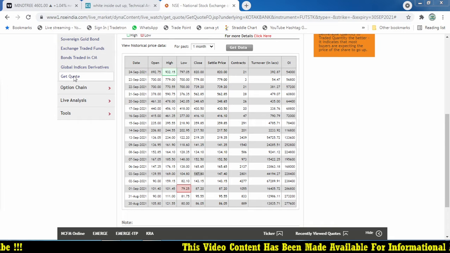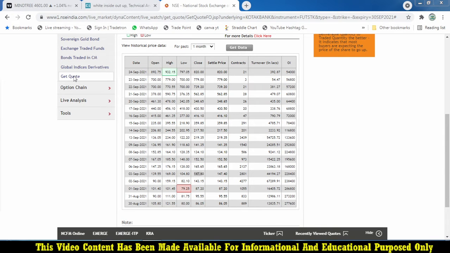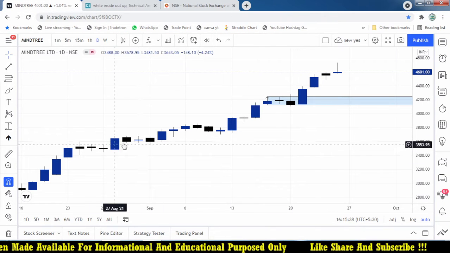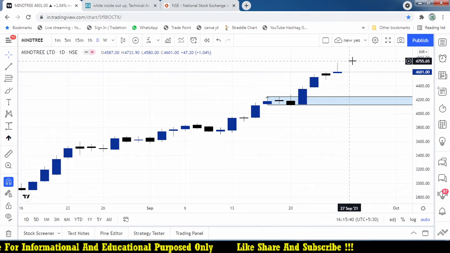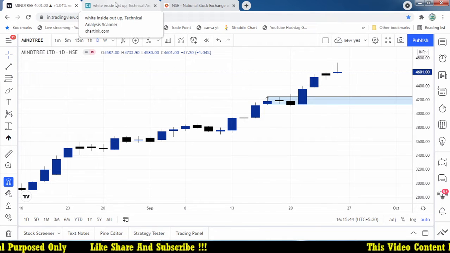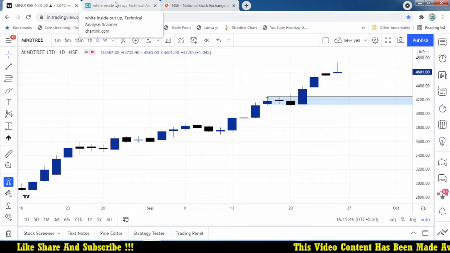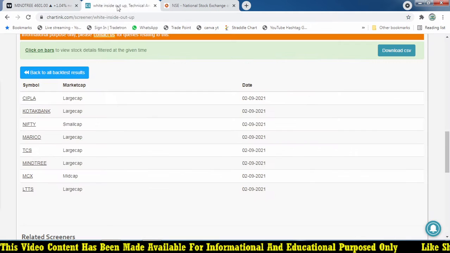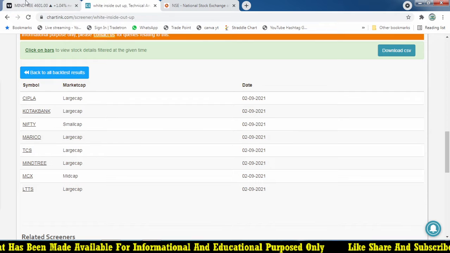We don't know which stock is going to perform or which stock is ready to perform. We don't know, but we know this is the method we are going to follow. That was happening so huge. So many people are asking what is the success ratio, accuracy, like that. The accuracy doesn't matter. What you are following is the risk reward ratio, that is always fixed, right? So follow the risk reward ratio, and then MCX and LTTS.